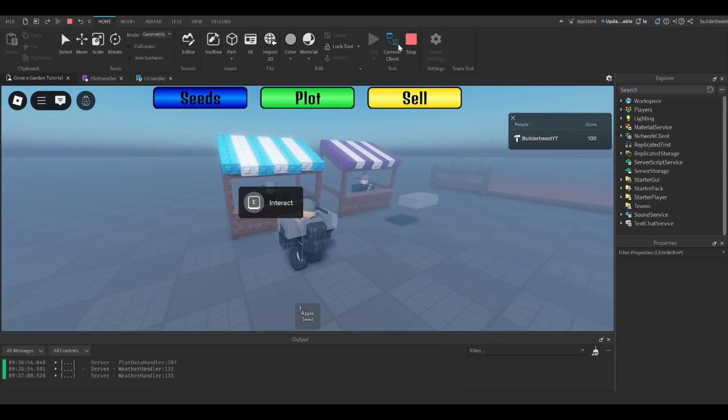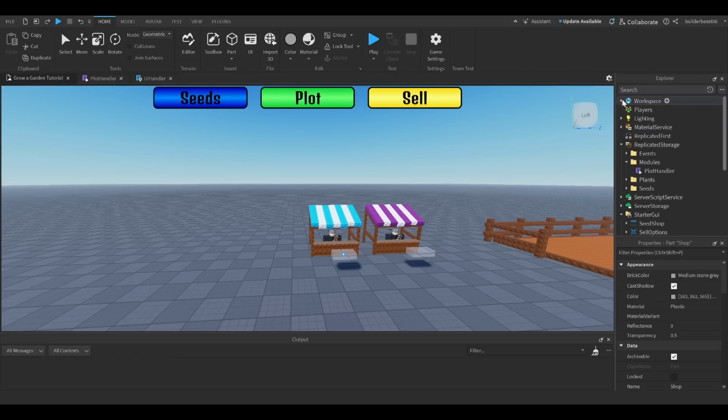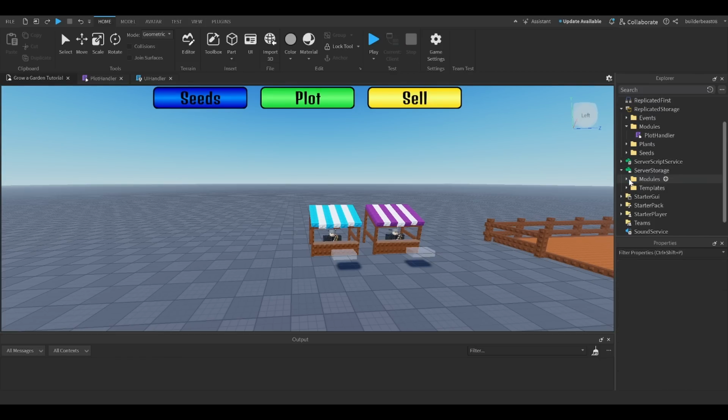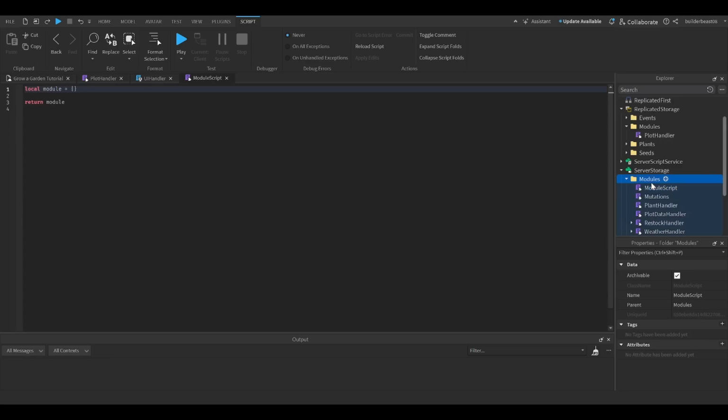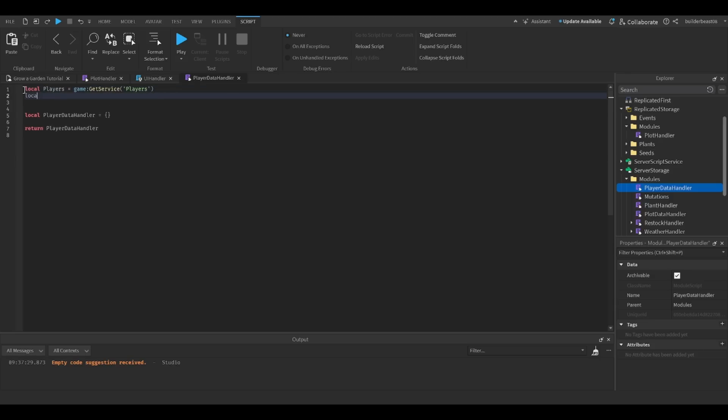Okay, those all work. Now we're just going to save the coins. So we're going to make a new module inside of server storage and modules, and we're going to add into this one. This is going to be the same one we used for the inventory saving. It's called PlayerDataHandler. local Players = game:GetService("Players"), local DataStoreService = game:GetService("DataStoreService")